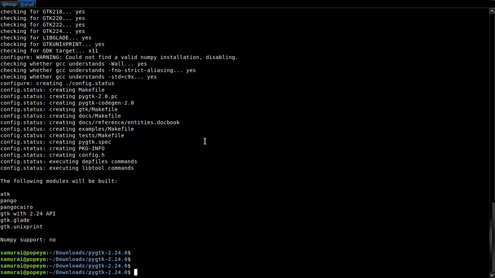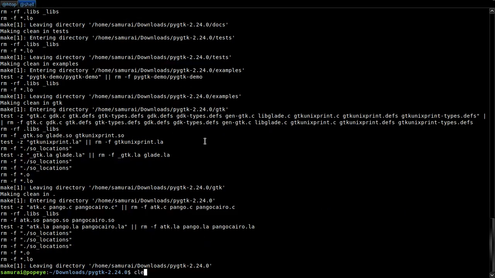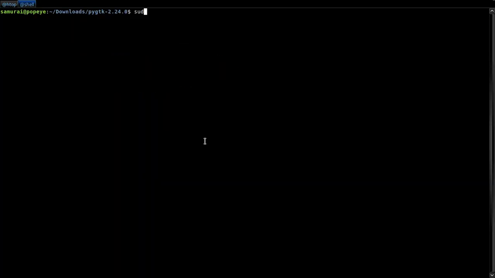So I did what? Sudo make clean. Even this not specified there, I used to execute this command first. Okay, it runs, and now sudo make.